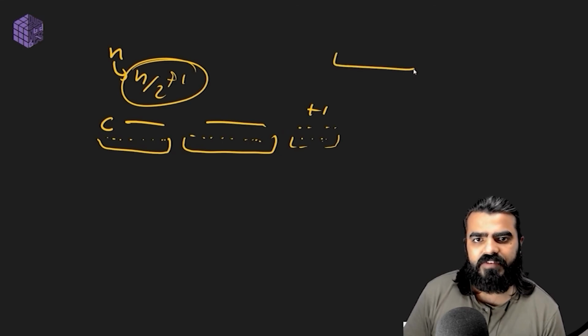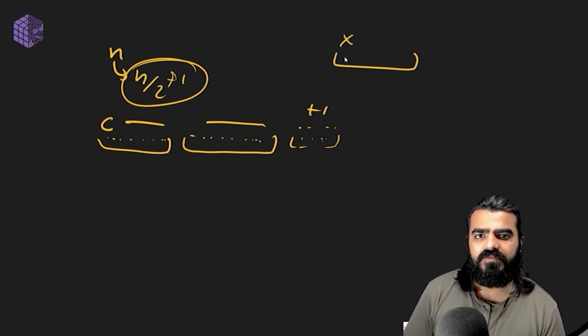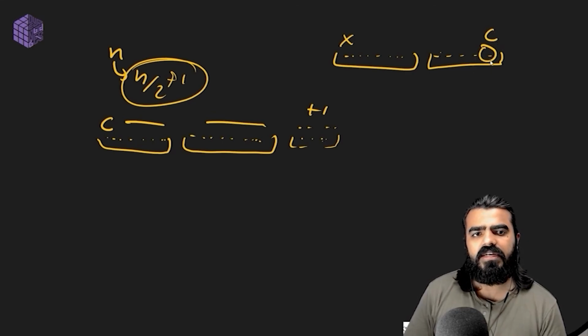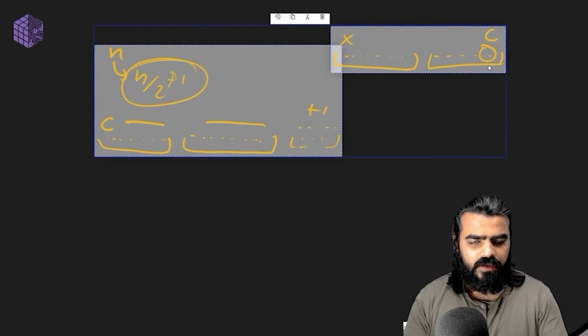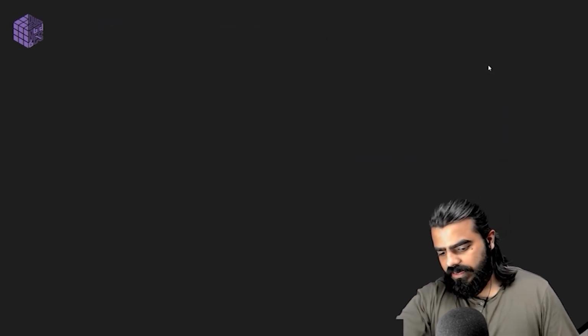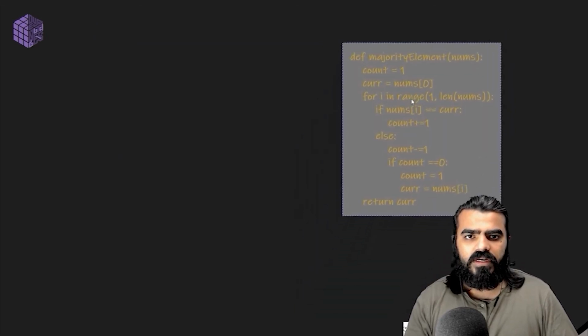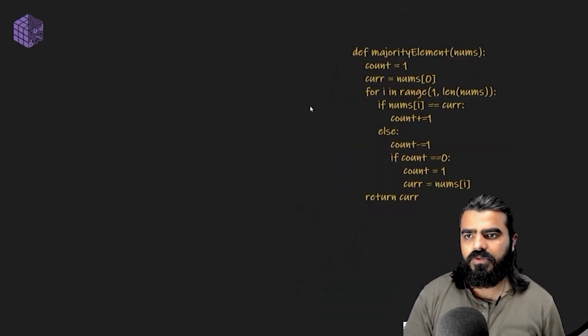So this will make it a winner at the end, right? So even if we start with some other contender X which was not supposed to win, it will gain +1s, and then the real contender comes, it will make it go -1 -1 -1 enough times that it becomes 0, and we have the correct contender as the answer, right? So this correct contender will be chosen over here. Let's see its algorithm written in Python. We have the code over here, and let's try to run it with our example and see if it works or not.